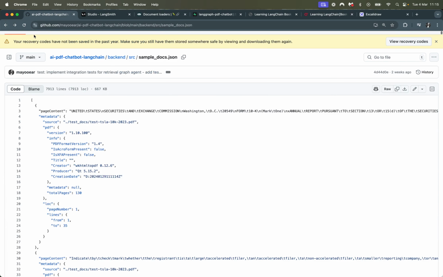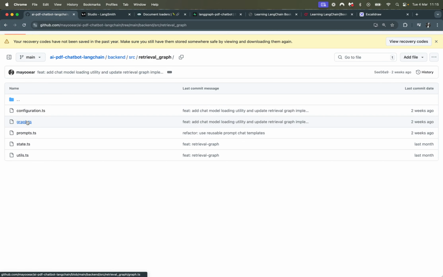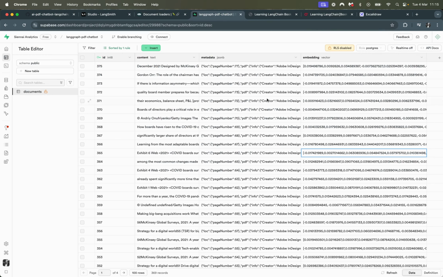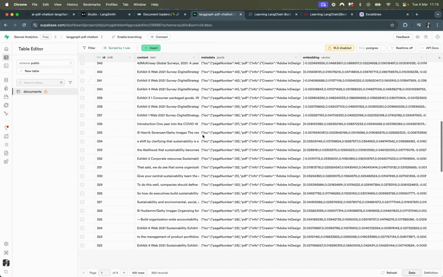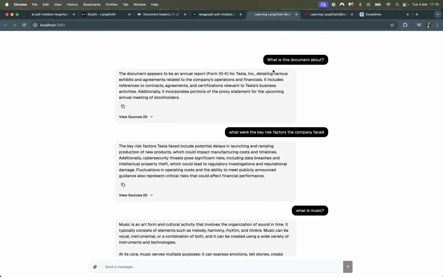Okay, so let's go to the retriever. Once you've completed this ingestion phase, your vector store will be populated with all of this stuff. So now you've got the ID, the relevant content, the metadata, and the embeddings. The idea at this point is when a user asks a question, like I did here, we're going to